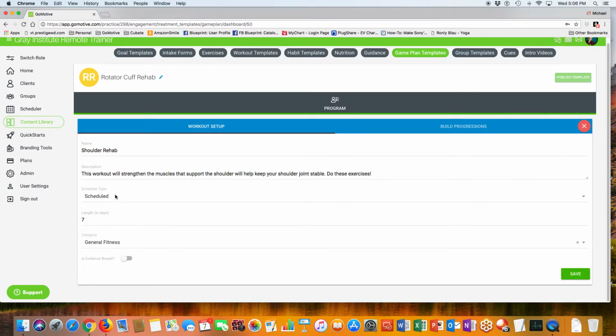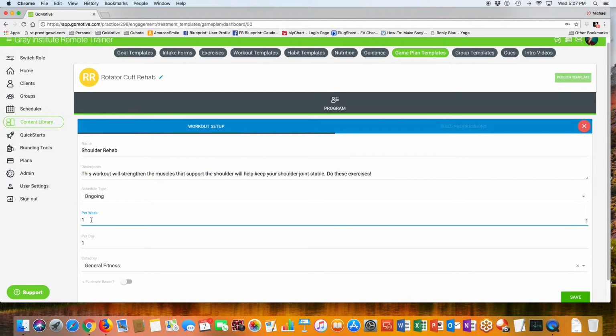Within this, I have to make the decision: is this a workout that I want to be scheduled or ongoing? You may recall that from previous tutorials. Scheduled workouts are those that lay out the days that you want someone to work out. An ongoing workout is one in which you allow your client to work out any 3 days a week, but just those 3. All right, so if I select ongoing and I say I want them to do it 3 times a week,